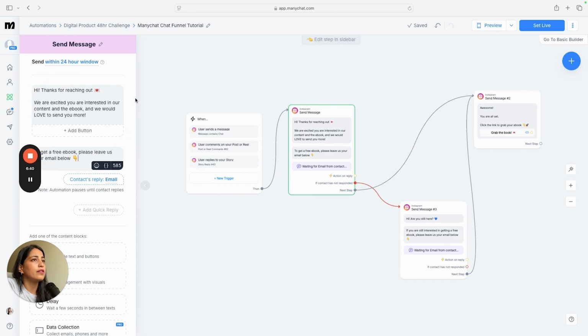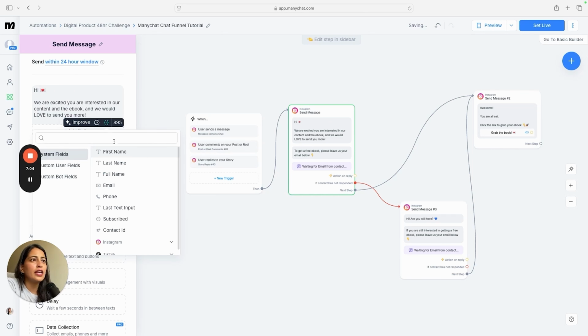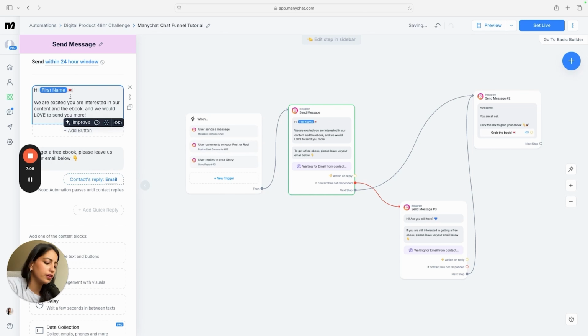And then I'm going to send a message. So they already have a template in place. It is literally that easy. I'm not kidding. But yeah, we're going to change certain things. Hi, thanks for reaching out. We are excited, blah, blah, blah. No, we like a little personalization. Okay. Always do some personalization. Hi. I'm going to do a little bit of personalization. I'm going to say, hi, first name, if they have a first name. If not, you can just say, hi,